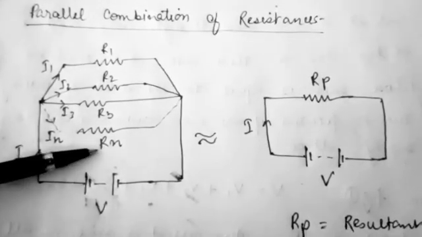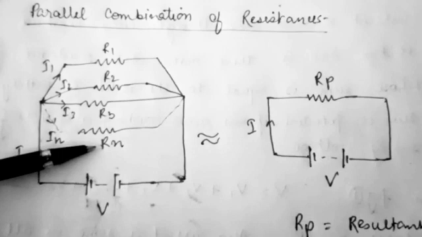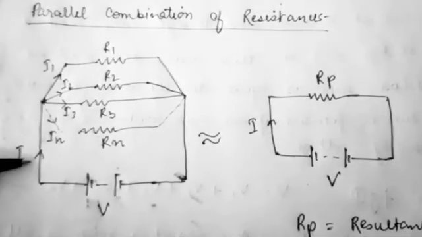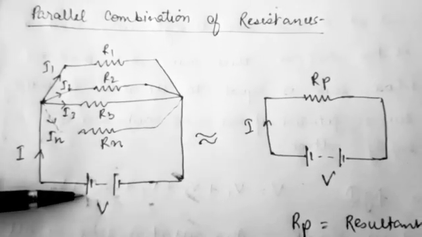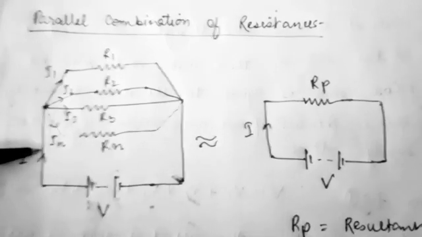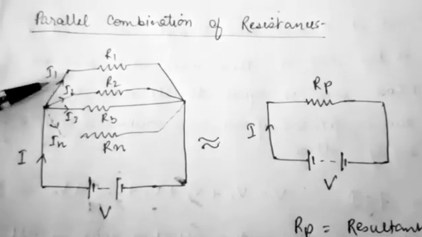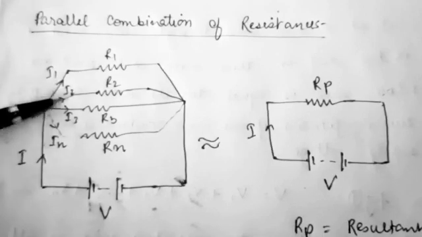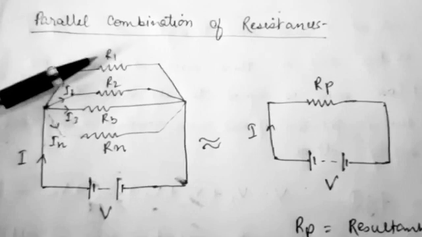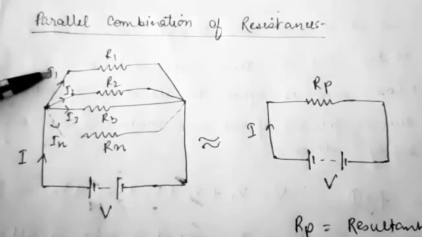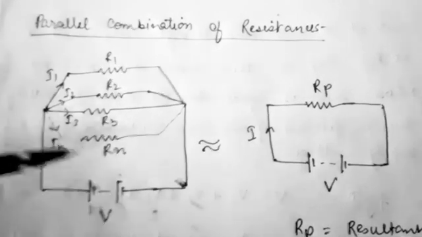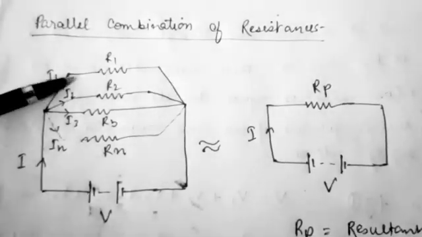V. Earlier, in the case of series combination, the voltage was different across every resistance, but the current was the same. Here, if I is the original supply current drawn from the supply voltage, then this I gets divided into various currents I1, I2, I3 and In across the individual arms. This arm has resistance R1, so the current we have taken as I1. If this arm has a very high resistance, because the supply voltage is V, it will draw less current